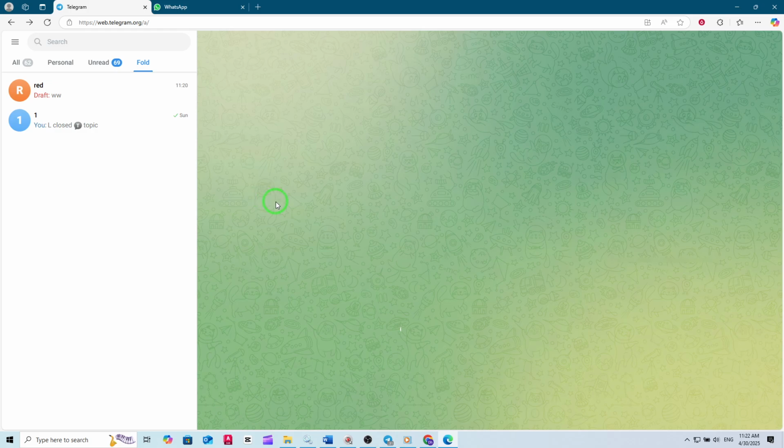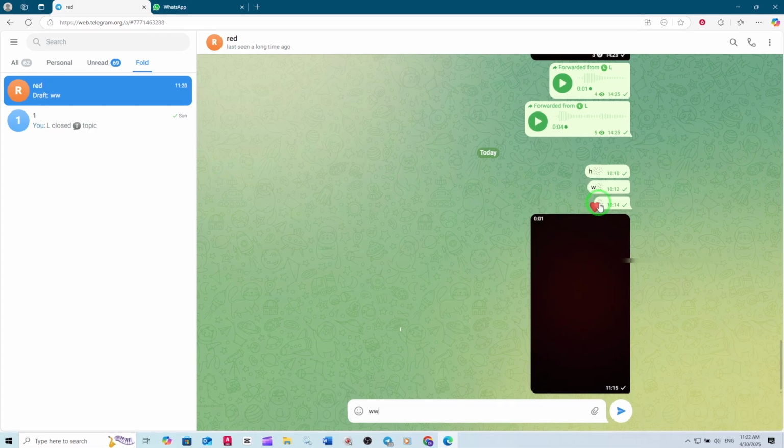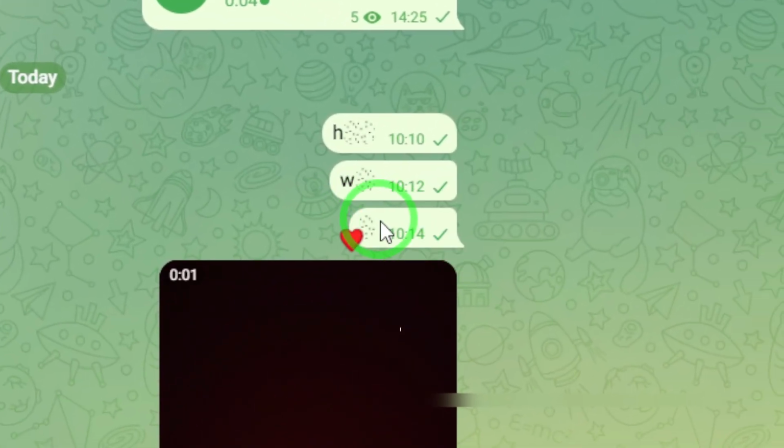Once you're in, navigate to the chat that contains the spoiler text you want to reveal. This could be a private conversation, a group chat, or even a channel. Spoiler tags work everywhere. Now, look for the message with the spoiler text. Spoiler text is usually hidden under a fuzzy or blurred overlay, making it unreadable at first glance. This is Telegram's way of protecting you from unwanted spoilers and letting you decide when you're ready to see the